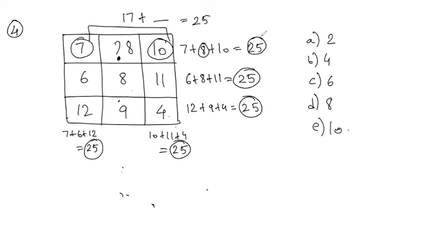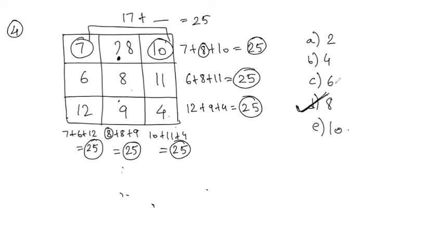Now you can verify whether your answer is correct or not by adding the column. So what are the second column elements now? 8, 8 and 9. What is 8 plus 8 plus 9? It is equal to 25. Okay, correct. 25. So the answer is correct. What is it? It is option D, 8.